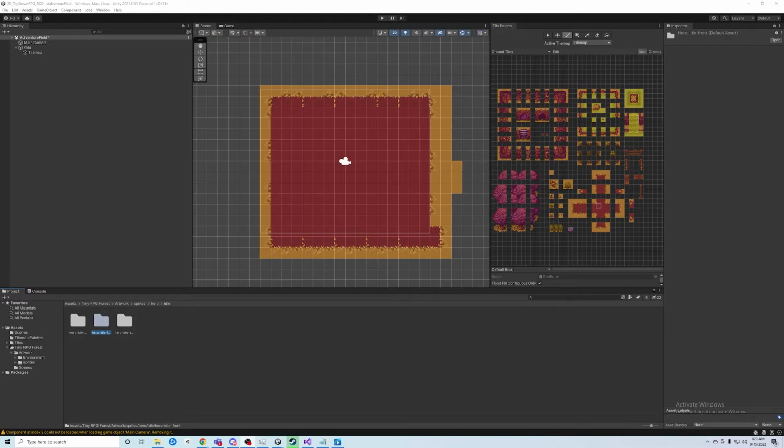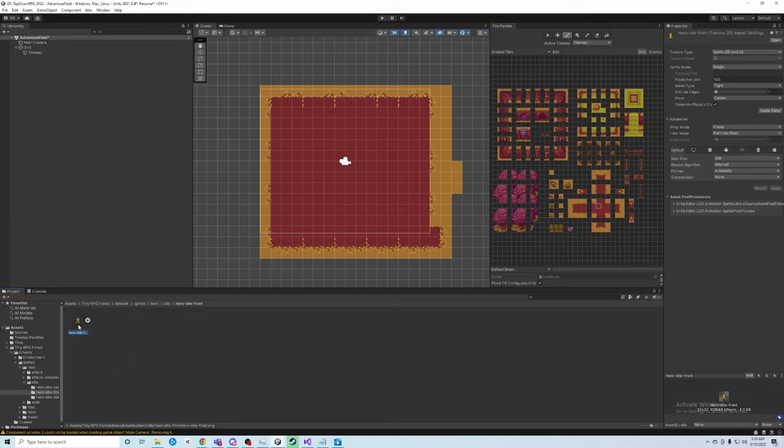So now we're going to go ahead and set up the character in the scene. So we can use the same assets that we have been using. So we'll go to the Tiny RPG Forest again, artwork, and then this time we're going to go to the sprites folder. If we click into the sprites folder, you can see on the right hand side here, we have 4 folders in there. And so we'll go to the hero folder. We will double click into that. And I want to go to the idle folder, okay? And then we're going to do hero idle front. So we'll double click that. And now you see that we have